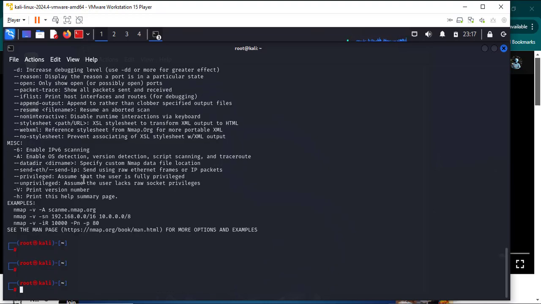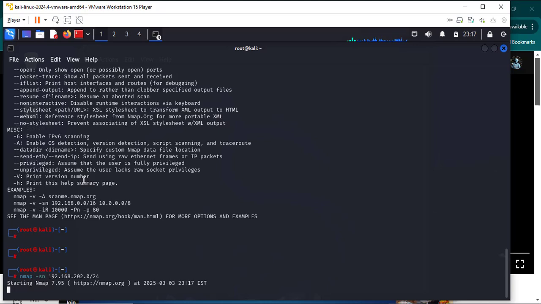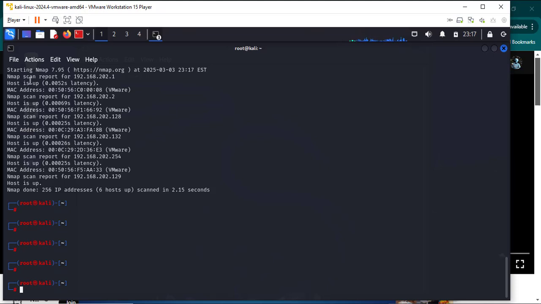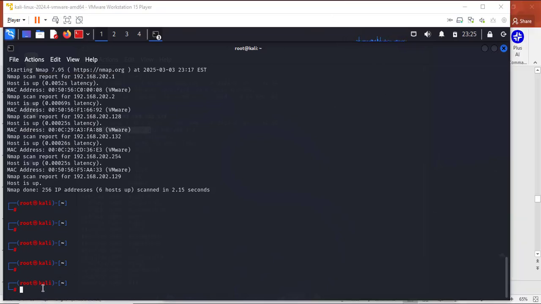By this help you can find whatever you need, okay, and check the options you need. Come back again to our scan. So it shows me only the active IPs in my networks. If you need more details, I can do that. So for more details, at this stage I'm showing you the active command, which will interact with the victim or the destination host or network, and this will be recorded as logs in their systems. So it's called active. When I reach the passive, I will show you the passive. Okay, so we have Nmap